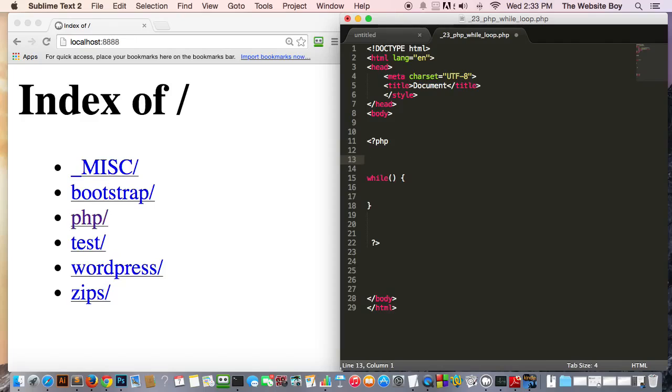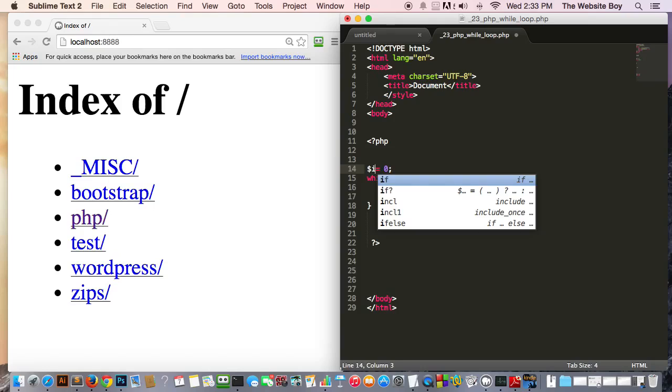The first thing we have to do in order for a loop to run is set a variable. I'm going to name this variable counter. You can name it whatever you want, this is just for best practices. A lot of programmers use counter, the i for